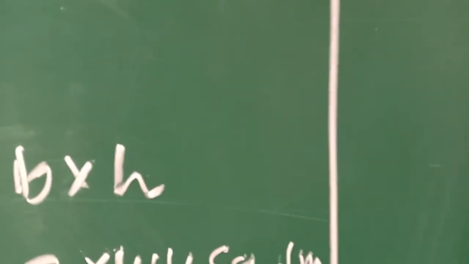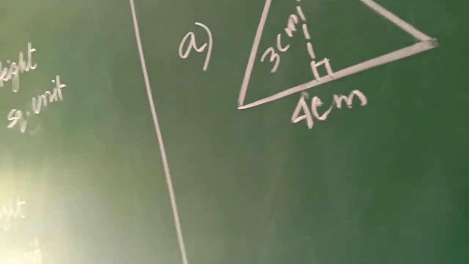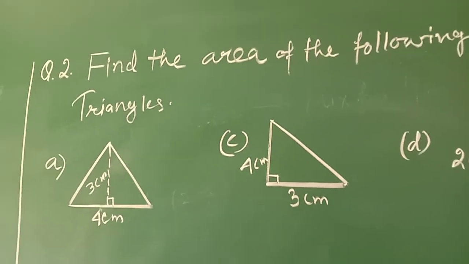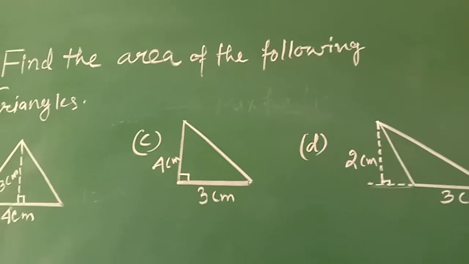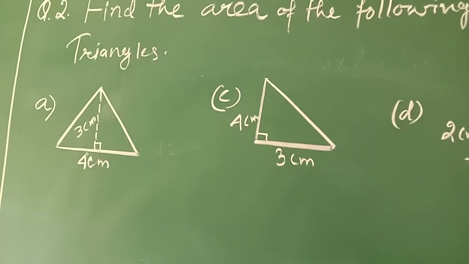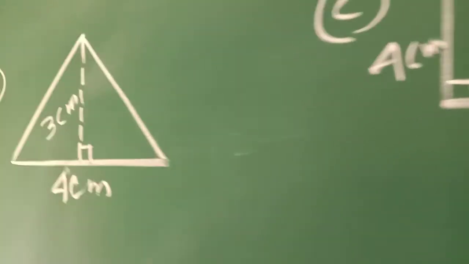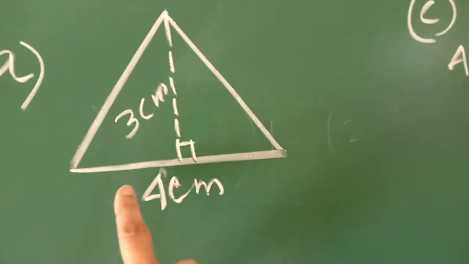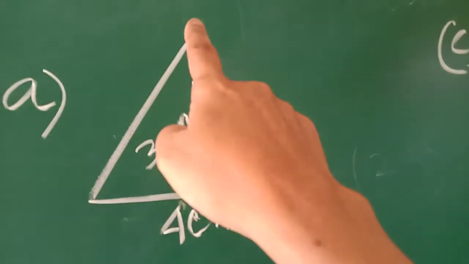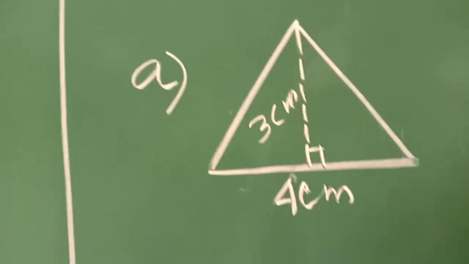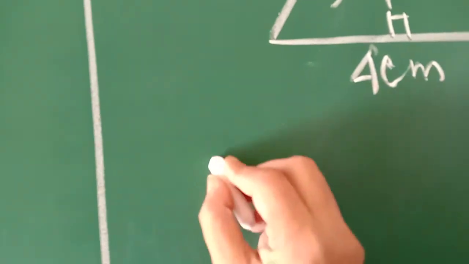Understood? Now we have to find out the area of a triangle. Question number 2. Find the area of the following triangles. Triangles are given here. Question A. Here the base is 4 centimeter and height is 3 centimeter. So therefore the area of the triangle is,